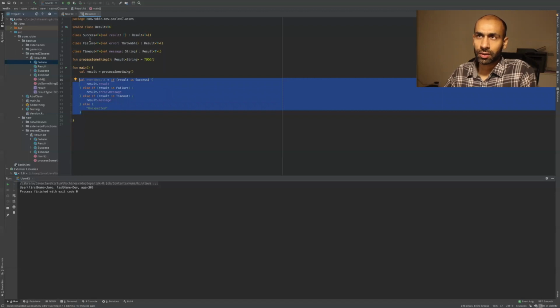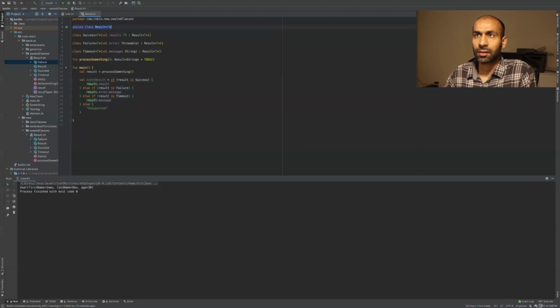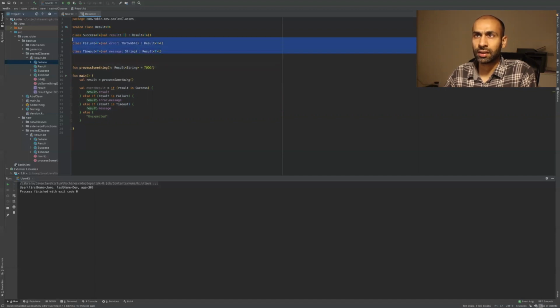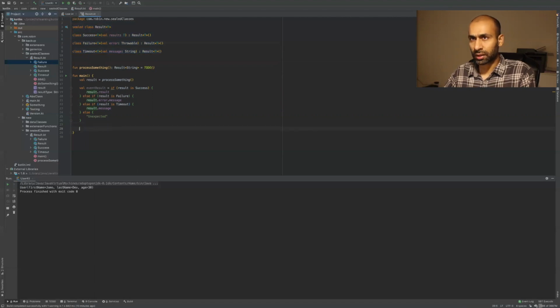So what Kotlin does is Kotlin allows us to write a sealed class. And whenever we are extending from a sealed class, we have to add the classes in the same file. So it's not that we can write a new file for success and extend from the sealed class. So we write a sealed class, we write all the classes that extend from the sealed class, right? So now we can see the useful feature of it, suppose I get a result, right? So now if we have to do the same thing here,